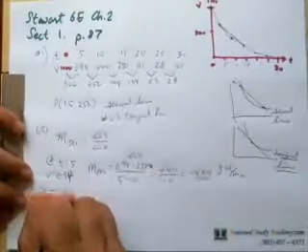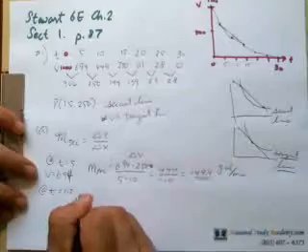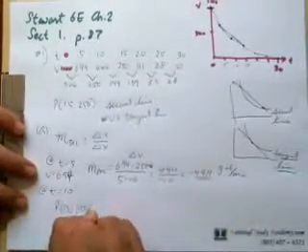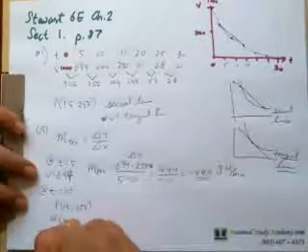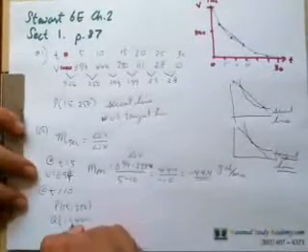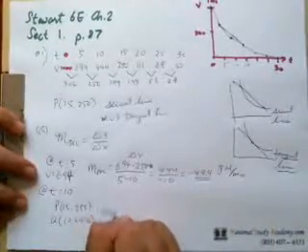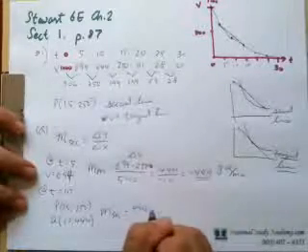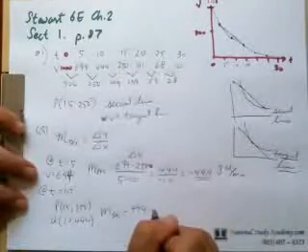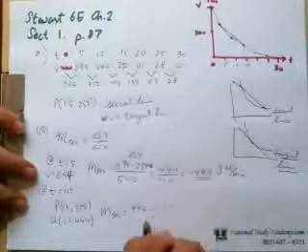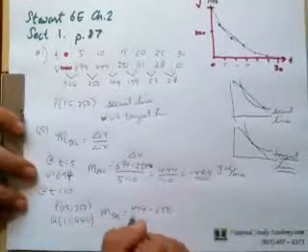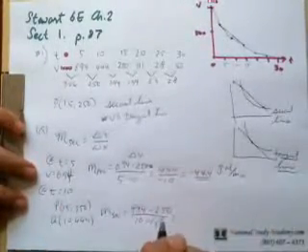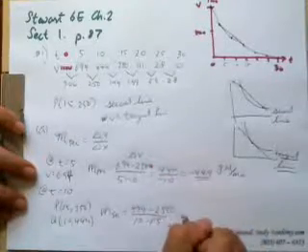At t equals 10, it's the same process. Your point P is going to be 15, 250. Your Q is going to be 10, 444. So the slope of the secant is equal to 444 minus, let me see, 250. Y2 minus Y1 over 10 minus 15. And you're going to end up with negative 38.8